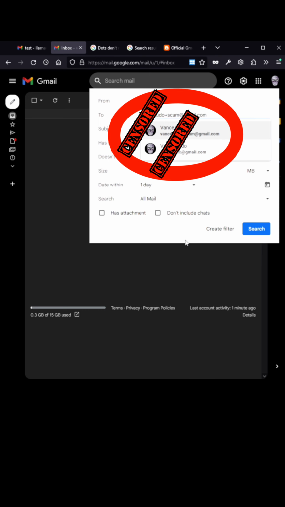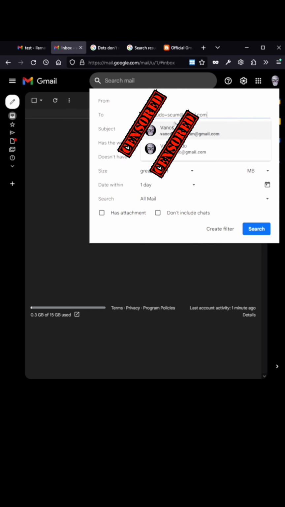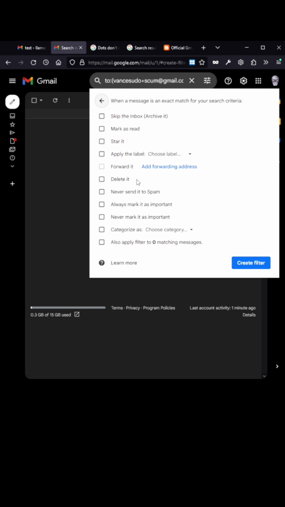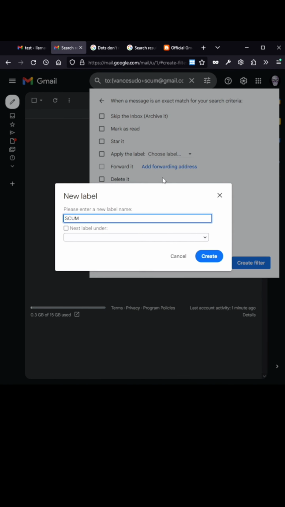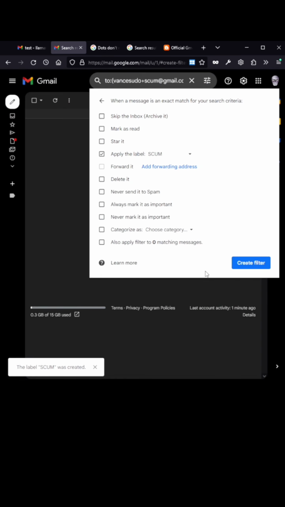And as you can see, as we are typing the alias, my own address right here pops up as the autocomplete option. And we're going to click Create Filter, which will bring up the filter options. And we can create a new label. We'll create a label called Scum. That way, all mail that comes to this address will be pre-filtered into a specified label in our mailbox